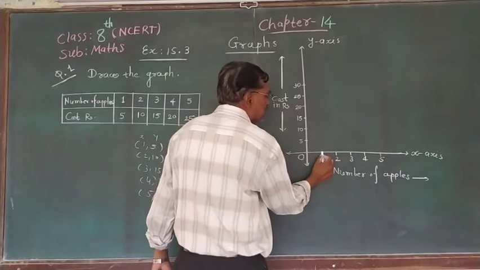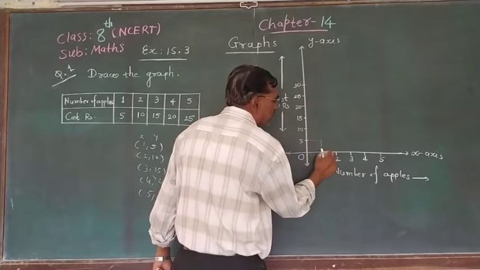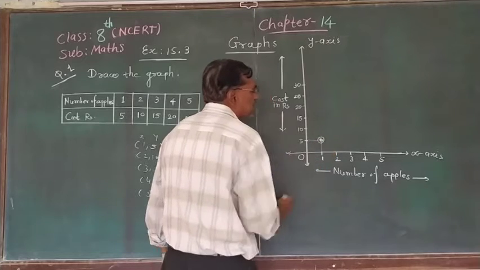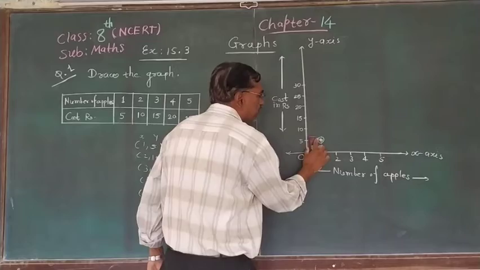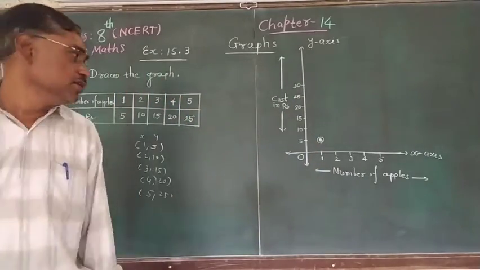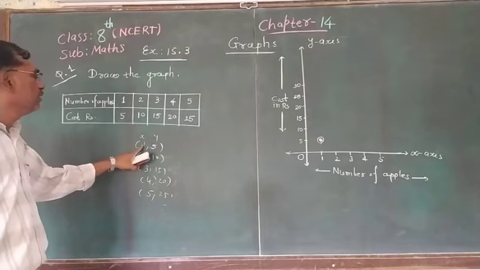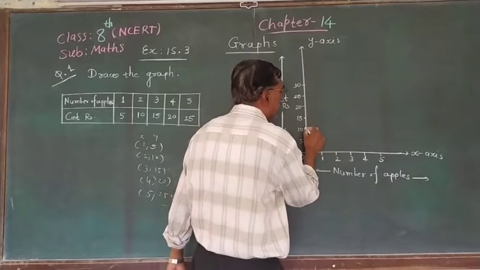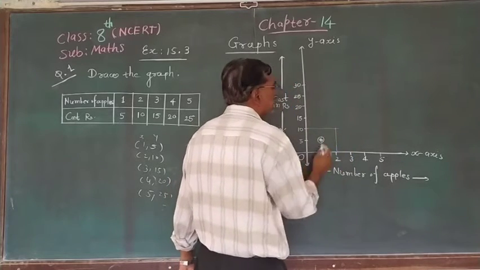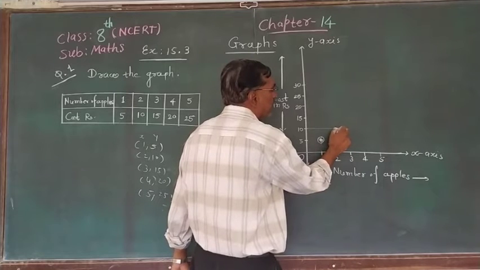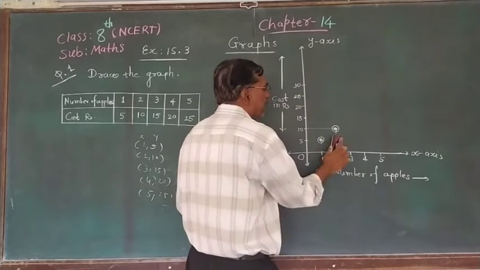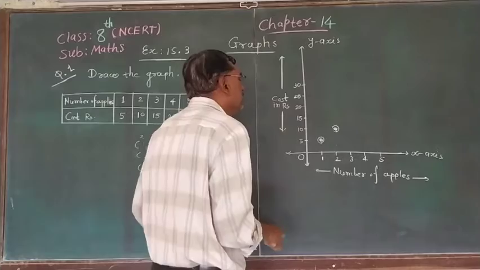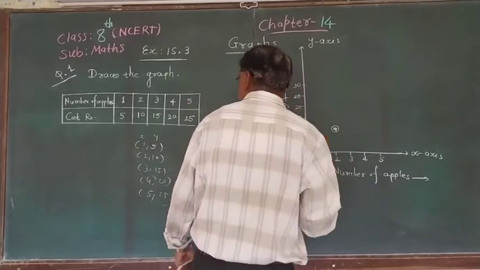So we can see here this is x coordinate 1 and this is 5. We can draw in this way first and put a point here. Then rub this line, you can make it rough. Okay, so this is the first point, 1 and 5. Now second, 2 and 10. X coordinate 2 and y coordinate 10. In this way, we can draw the point. And now remove this line. If you leave it as it is, there is no problem, but in the graph you should remove this line.